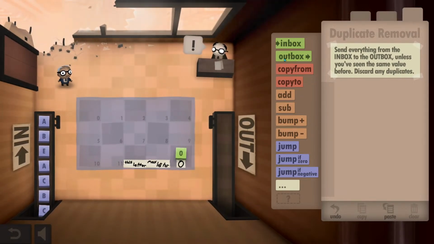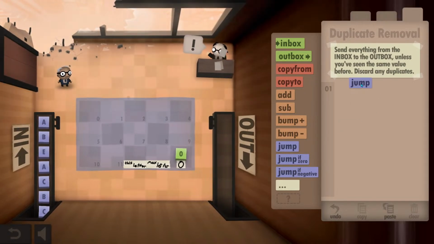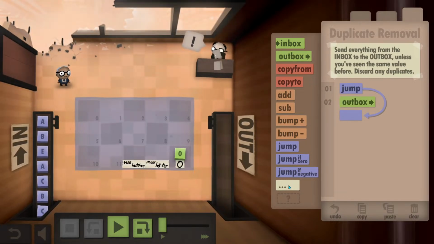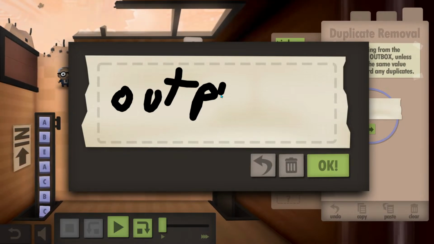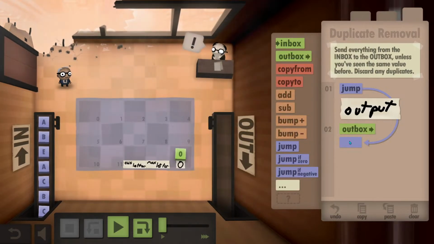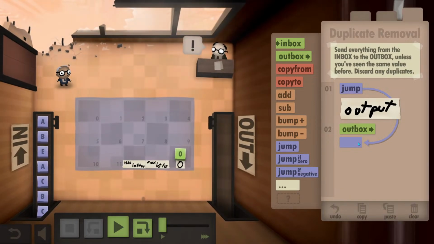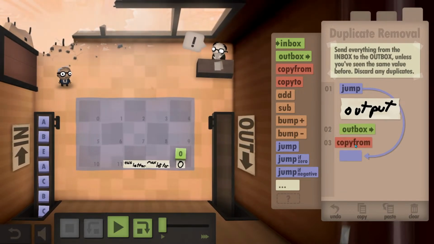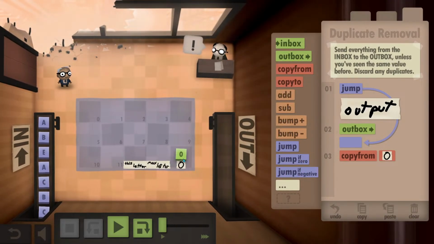So, I know I'm gonna put the normal outbox stuff at the top, so we'll put a jump here. There's an outbox here. Output. And I don't know what else I'm gonna put up there yet. We're going to copy from this 0, and we're going to put that in